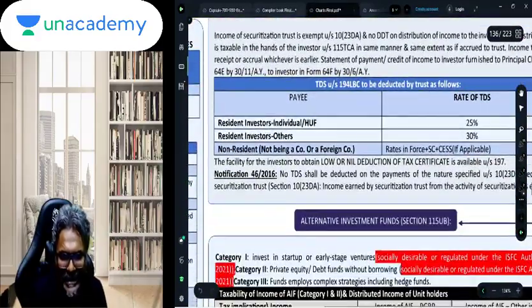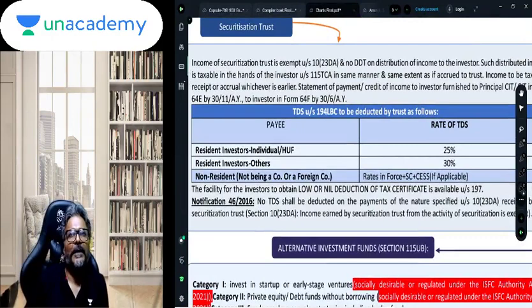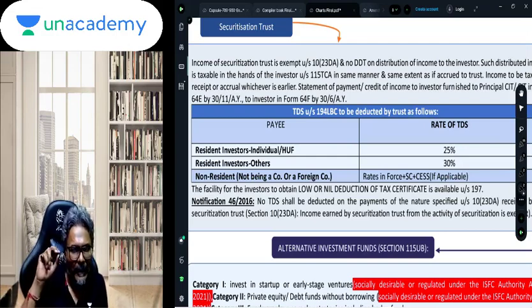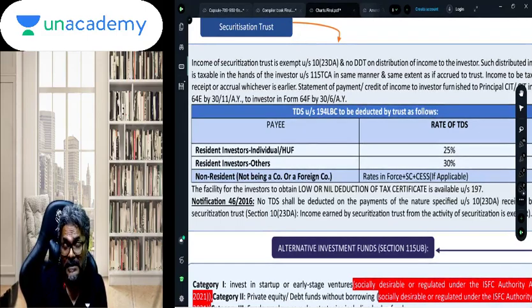The next, students, is the securitization trust. Now in the securitization trust, students, there is a complete pass through. What does this complete pass through mean, students? It means that the securitization trust which has issued the securities to whom? To its shareholders. Now what happens in this context is that the income of the securitization trust is fully exempt, meaning thereby there is nothing which is charged to tax so far as securitization trust is concerned. But when the securitization trust is going to distribute this particular income,